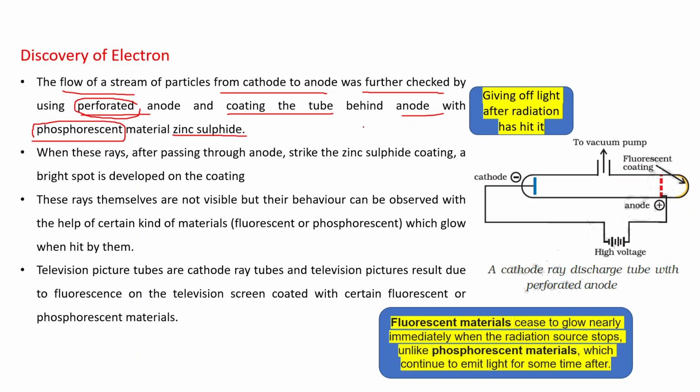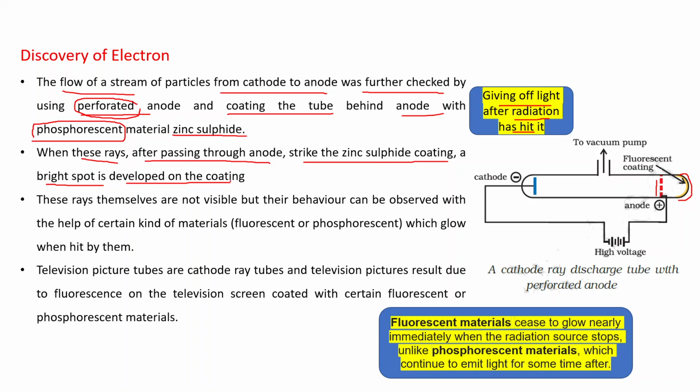Actually, this is the material which gives off light after radiation has hit it. You can see this is the perforated anode and behind it this tube is coated with zinc sulfide which is a fluorescent material. When these rays after passing through the anode strike the zinc sulfide coating, a bright spot is developed